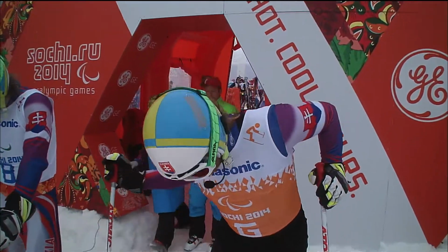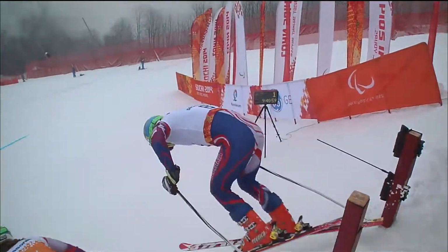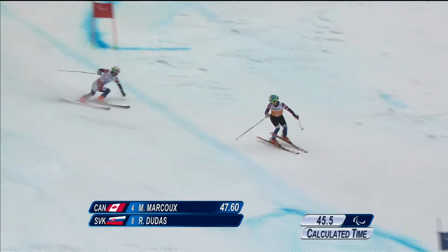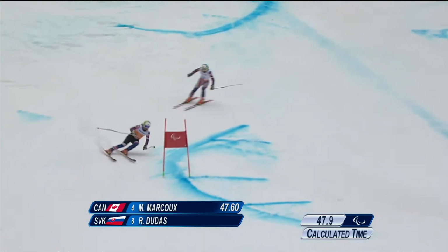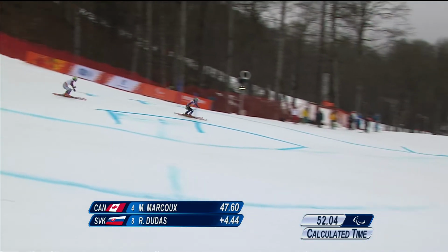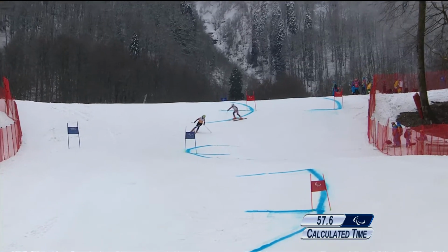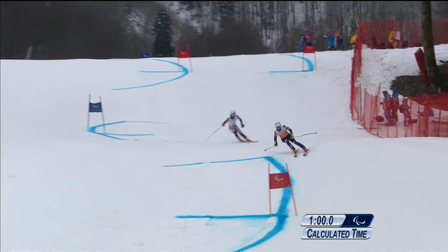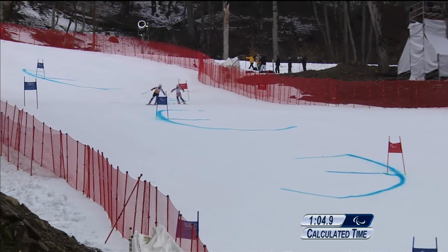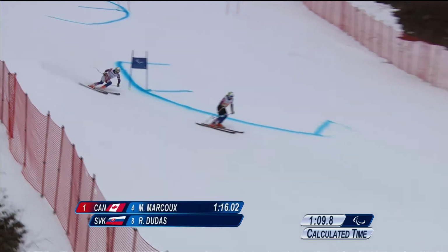So another skier from Slovakia now, Radomir Dudas, and his guide Michael Sterven. Third in Salt Lake in this discipline. Third in Sestriere, the Para World Championship in 2011. But Matt Marcoux has set a blistering time on this first run of the men's giant slalom, and nobody can keep up with him yet, although we do have the favourites still to come in terms of World Cup leaders